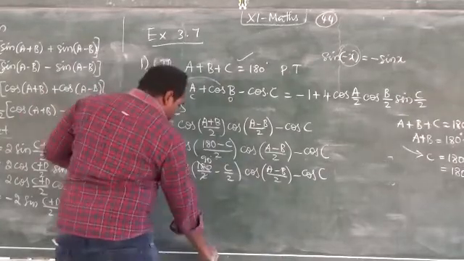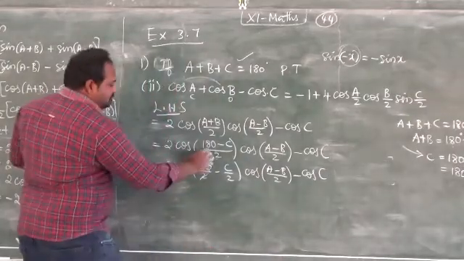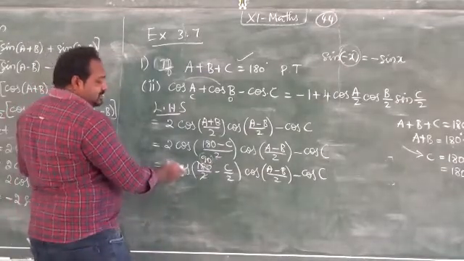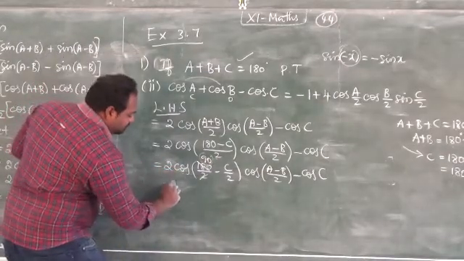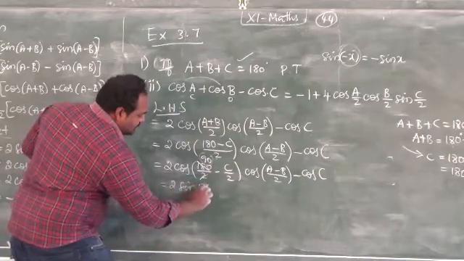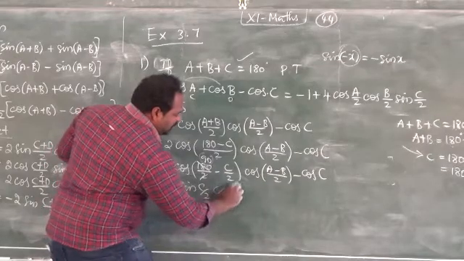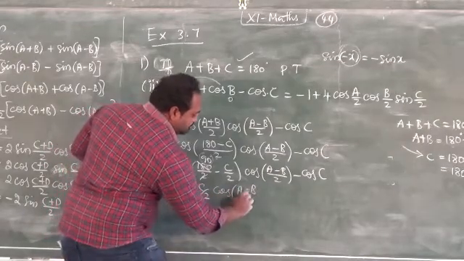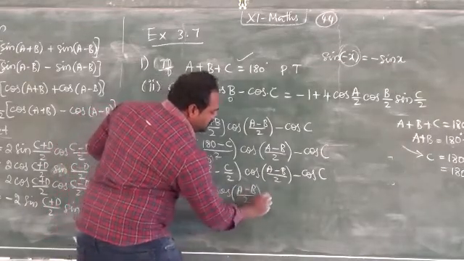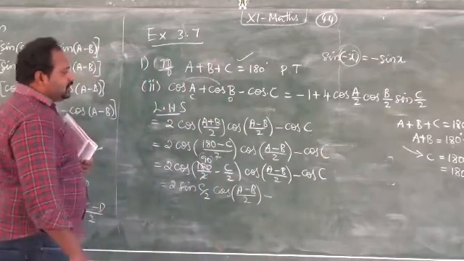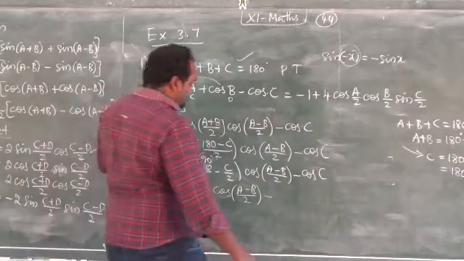So all are positive. So plus, because of 90, we have a change in the cos function. So cos will become sin C by 2 into cos A minus B by 2 minus, here instead of cos C, we can write